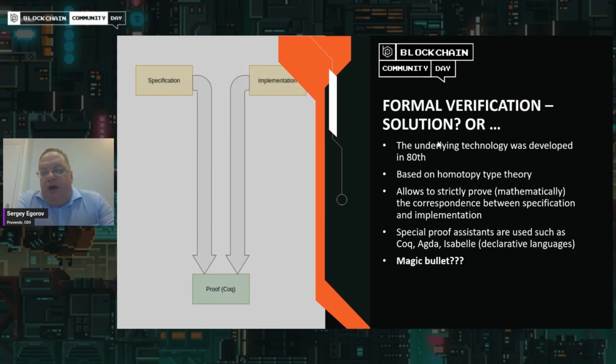There are a few proof assistants right now. The most popular of them are Coq, Agda, and Isabelle. We're using Coq. Actually, it's a pretty professional tool, but I recommend everybody look into it. So again, we mathematically prove the implementation against the specification. And possibly we found a magic bullet, or